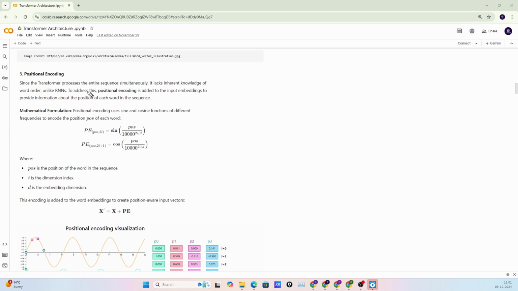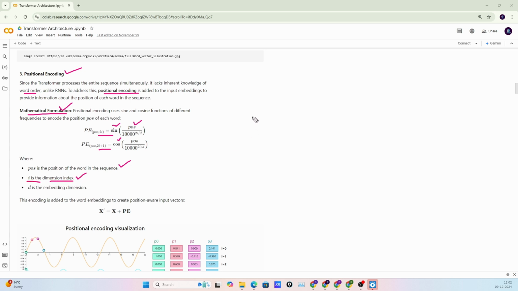So as I mentioned, up to positional encoding I covered in my previous video. So let me recap the positional encoding. In positional encoding we basically add a quantity related to the sequential order of our data. If we talk about the mathematical formula, we use sine and cosine functions here. Sine for even position and cosine for odd position, and pos is basically the position of the word in a sequence, and i is basically the dimension index.